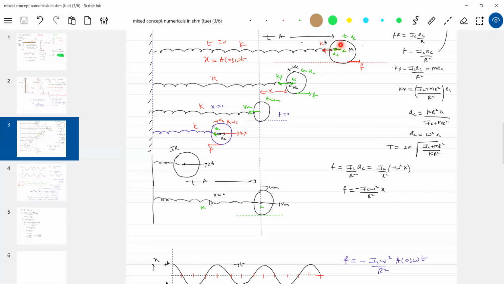Here the oscillation energy is in the form of Ka square. The same energy is available in the form of kinetic energy and rotational kinetic energy, because the elastic potential energy of the spring will be 0, since Vm equal to R omega m. See, so many things can be asked here. A student should not learn just the time period; so many other things are there which you are supposed to learn.